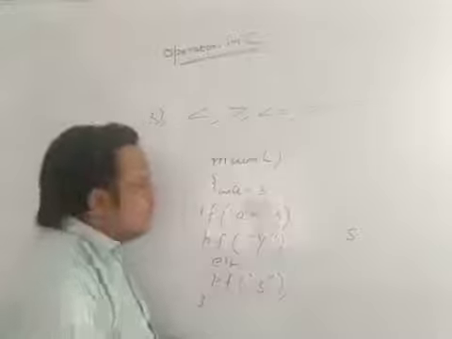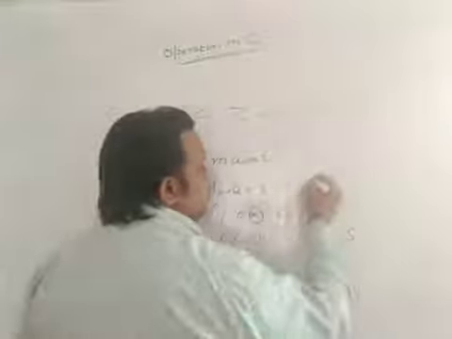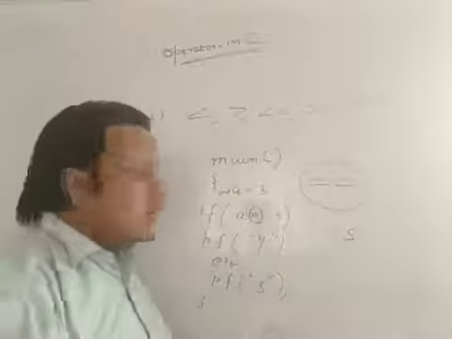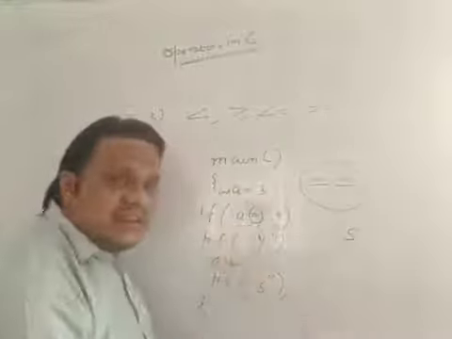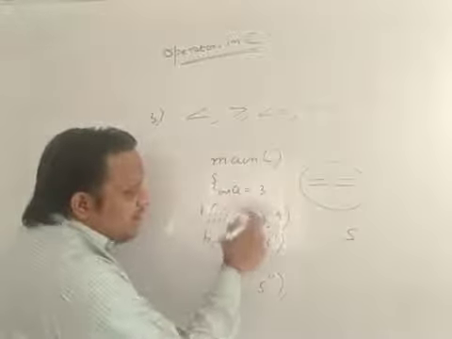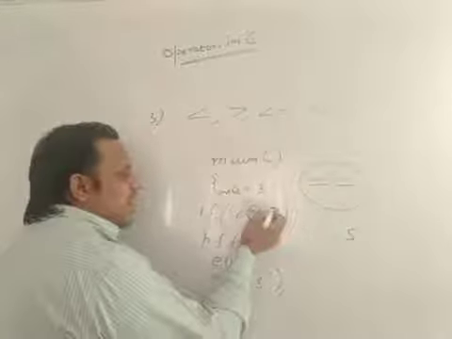That is absolutely wrong. See, this is not a comparison operator. This is the assignment operator. It is not comparison. This is the comparison operator, it compares the value. But this is simple assignment. It assigns the value. So if initially a is equal to 3, now you again reassign the value. You have written a is equal to 4. Now the value of a is 4.